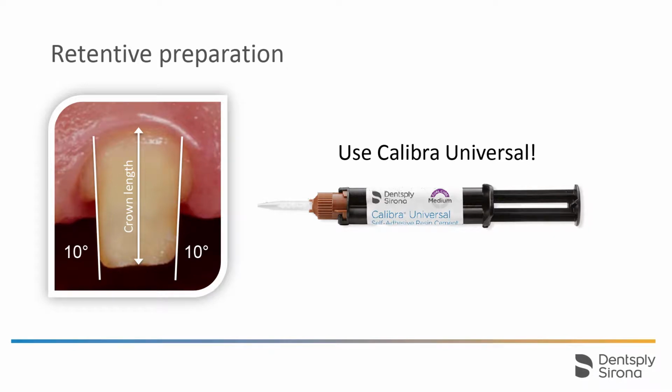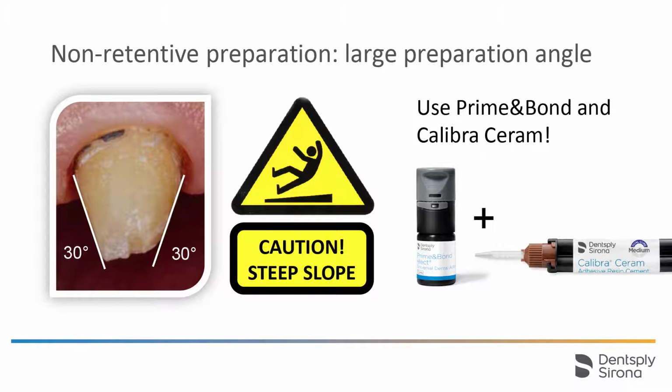The anterior preparation shown in this picture has adequate retention. The conicity is approximately 10 degrees to the tooth axis, and the tooth crown is sufficiently long. Dentsply Sirona recommends using Calibra Universal in this situation. Here, a second preparation for comparison. The preparation is highly conical. The use of the adhesive resin cement, Calibra Ceram, is recommended in this case to maximize the bond to the tooth. A crown fitted using powder liquid cement would de-cement after a short time in situ, meaning it would become